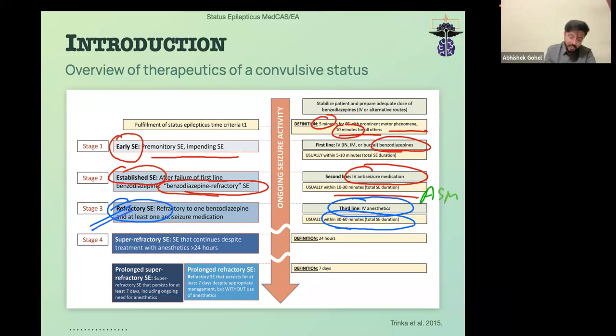That is what. Now, the purview of this current lecture ends at stage 3, because the next step, super refractory